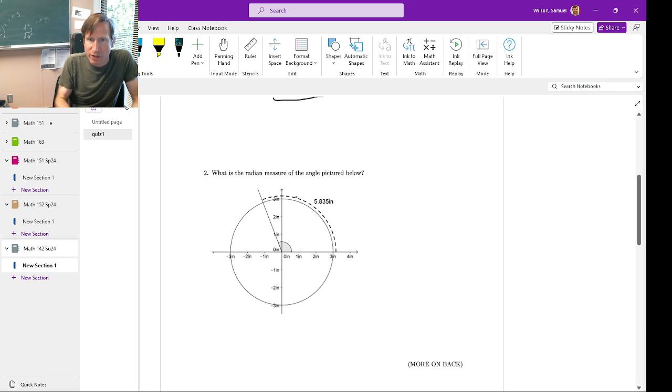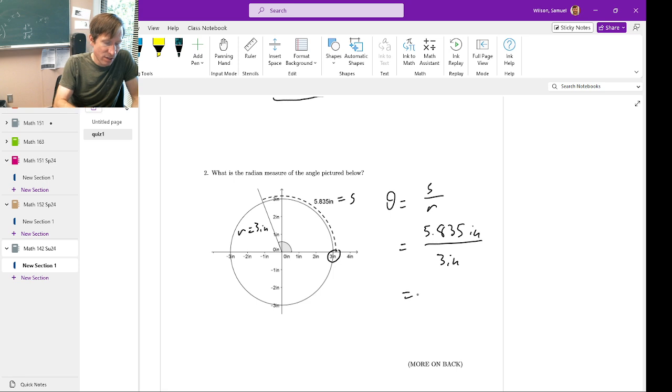So we know the arc length here, that's S, and the radius, right, the radius is 3 inches here. So this radius is 3 inches, that's R. So the angle measure is the arc length divided by the radius. So 5.835 inches divided by 3 inches. The inches cancel. Let's see, 5.835 divided by 3,